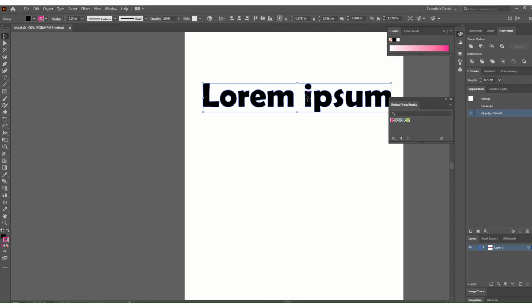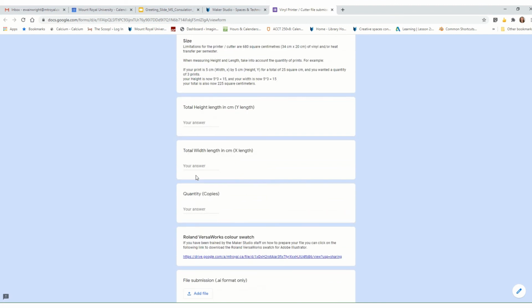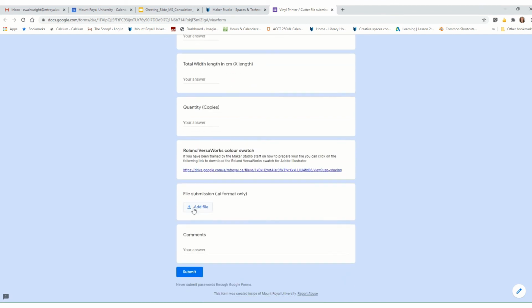The reason that we want you to fill out the size here is so that we know that you know how big you want it to be. Now let's keep going down a little bit, put in how many copies you'd like. And this is another link that you can use to get the Maker or the Roland Versaworks color swatch,